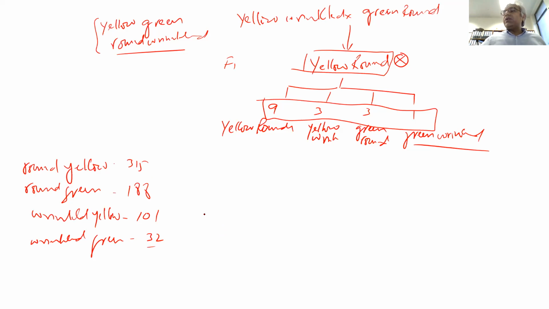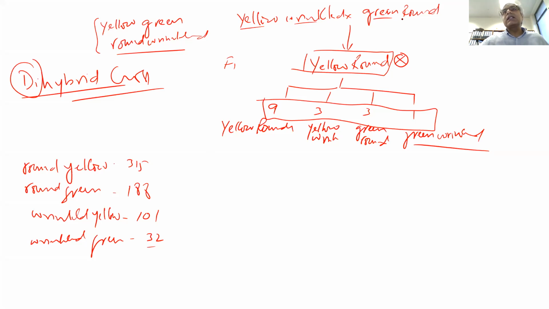When he decided to follow two different traits, such a cross is called dihybrid, when you are chasing two different traits, a dihybrid cross involving complete dominance. The question he asked was, while two different factors are being passed on to the progeny, and then from the first generation go to the second generation, are they impacting each other's inheritance? Are they interfering with each other or supporting each other? Do they have a preference that